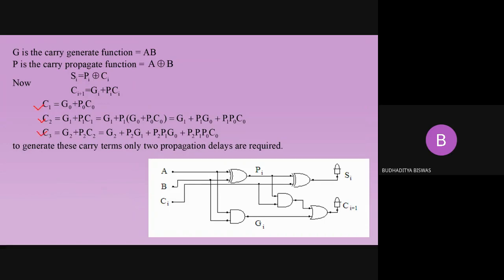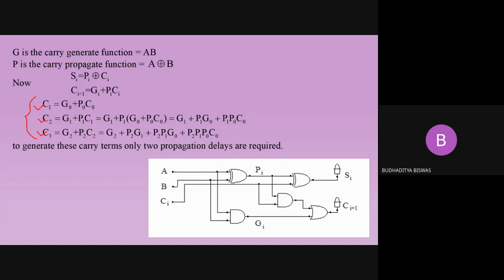And here you see that some AND gate or OR gate are required. First, we require some AND gate to produce the product terms, and then we require some OR gate to add them together and to produce the carry term. So inside the carry generator, some AND gates and OR gates are there. Their order may be different, maybe 2 input, 3 input, 4 input, or more. But the carry generator is responsible for producing the carry term only.